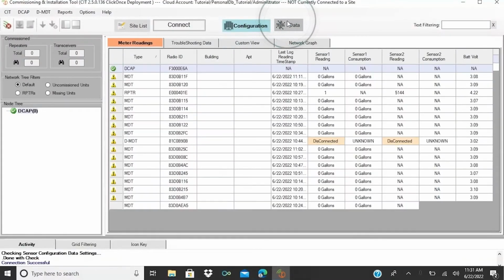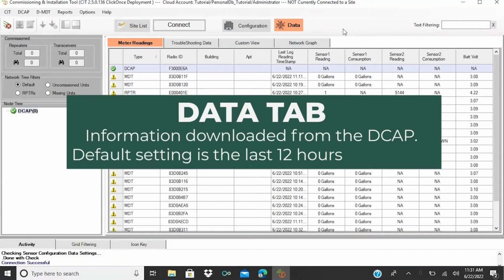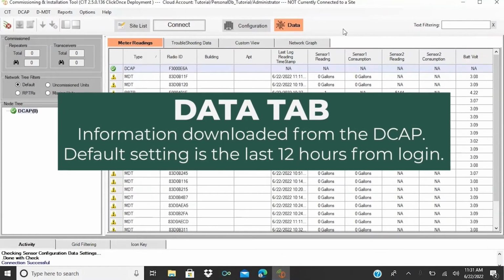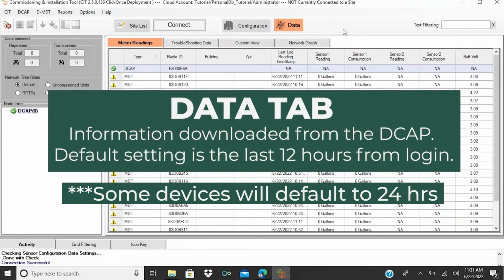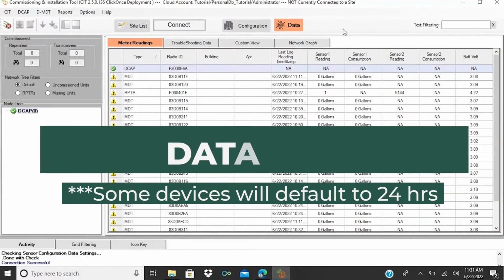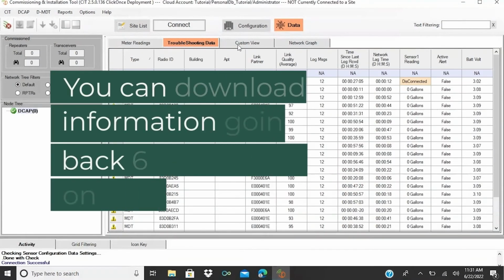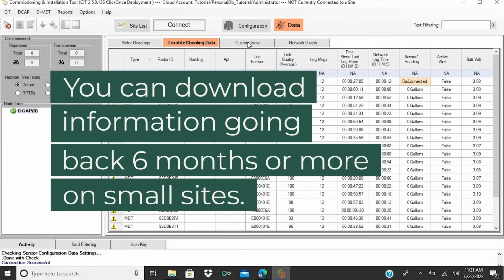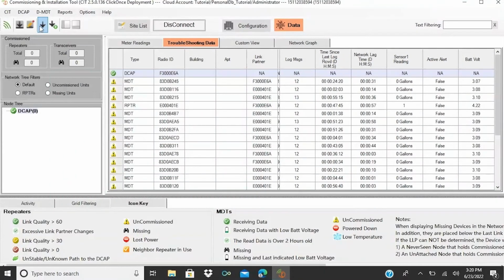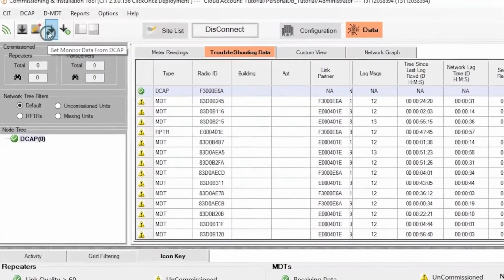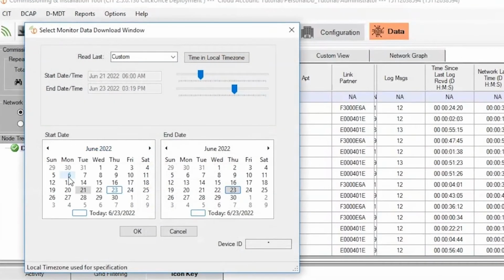When viewing information in the Data tabs, you are seeing data that the CIT downloaded from the DCAP when you were connected to the site. The default is the last 12 hours when you first connect to a site. To observe utility consumption over the course of an entire month, for example, or to get more troubleshooting data, you can download any time frame of data you wish, going back 6 months or longer on small sites. Use the black down arrow button to bring up a start and end calendar view. Select the data ranges you are interested in, or use the convenient drop-down to preset the range to the last